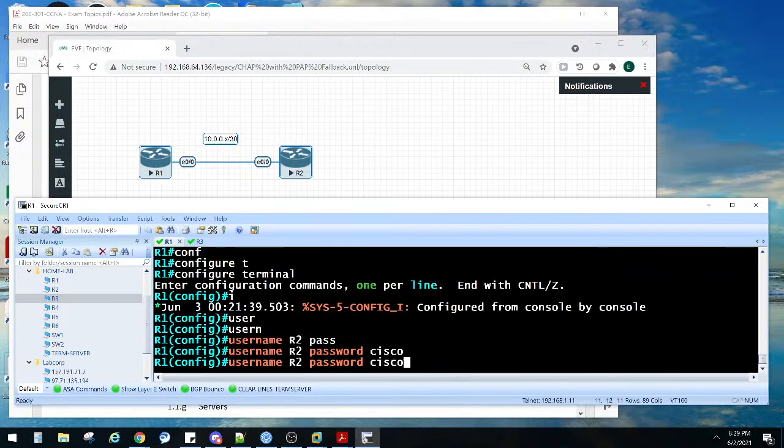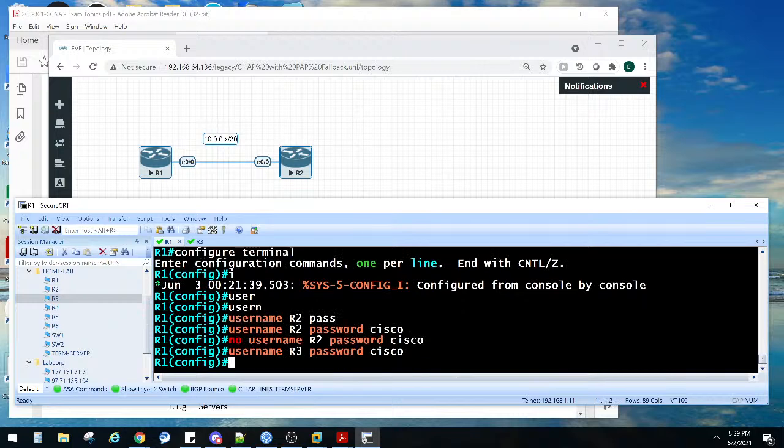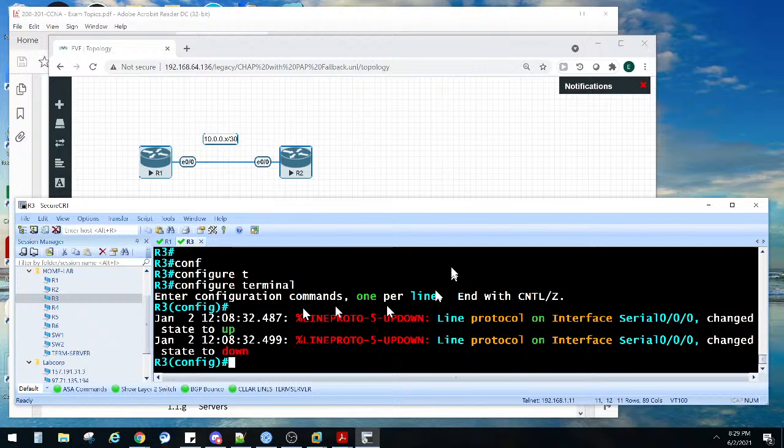Let's do this. Let's get rid of that. He's actually router 3. The other guy's router 3. So let me do this. He's router 3, right? Boom. Router 3 is using that to get on there. And then on this guy,